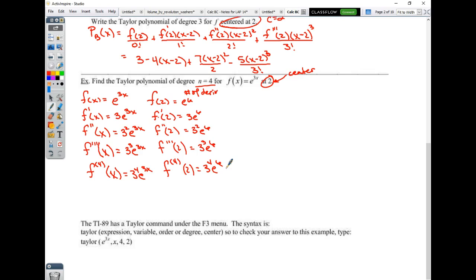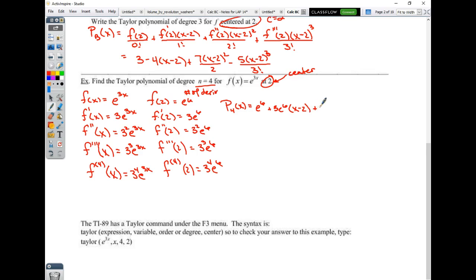But wait, there's more because we haven't answered the question yet. The question didn't ask us to find all the pieces to make the Taylor polynomial. It asked us to actually write the Taylor polynomial. So the pattern is we start off with the 0 derivative at 2, e to the 6. Then we'll take the first derivative, 3e to the 6, multiply that by x minus 2, x minus the center to the first power, technically over 1 factorial,